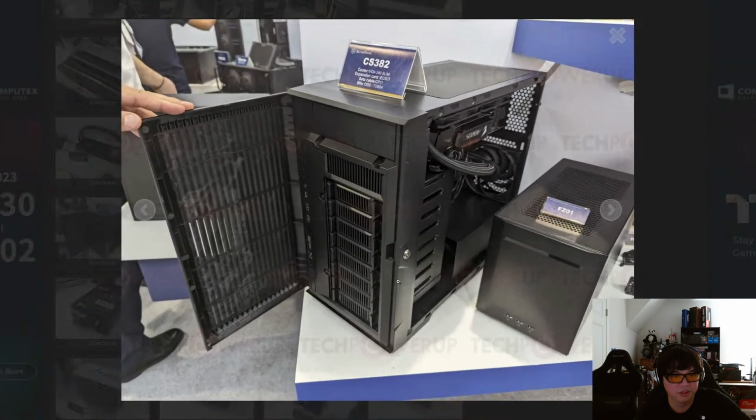Here's an interesting one. This one has what looks like hot swappable drive bays. This is more for like a Threadripper Pro. This looks like an old school tower server instead of a rack server, because you have the hot swappable drive bays for traditional hard drives. So this is more for Threadripper Pro or Sapphire Rapids. I mean, I guess you could use this with a typical mainstream desktop